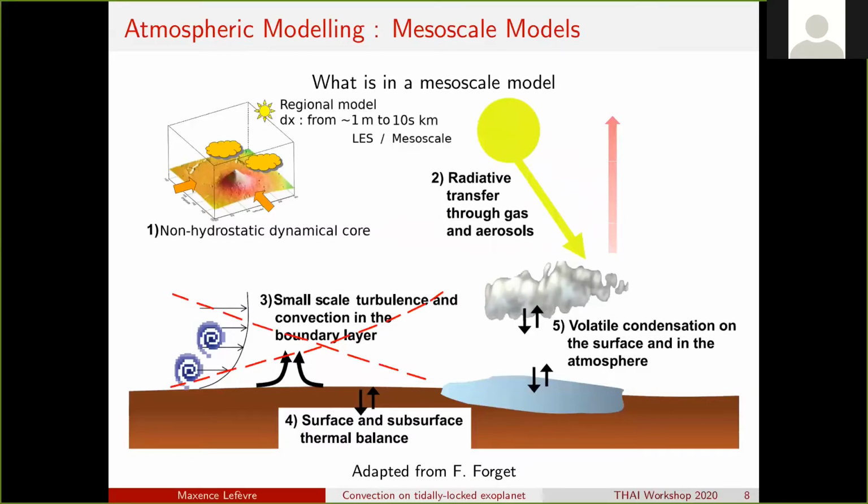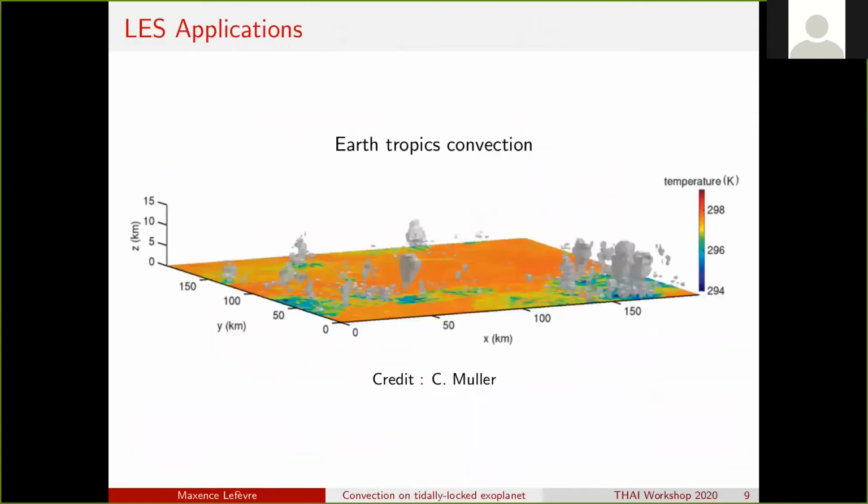With this small grid size, you can resolve the convection, and you don't need parameterization.